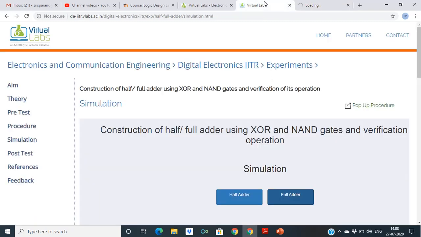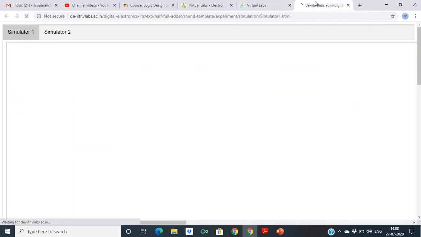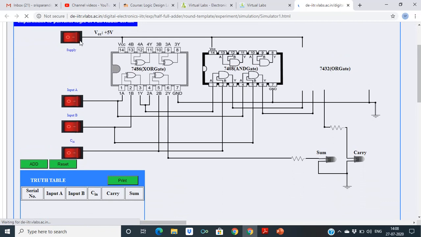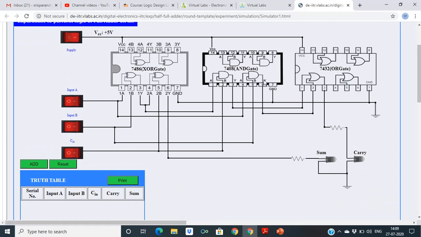Now coming to the full adder. For the full adder, it will show the circuit. Here we will switch on the power supply. We are using XOR and AND, and OR also.